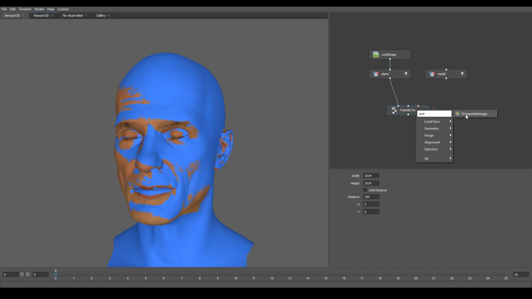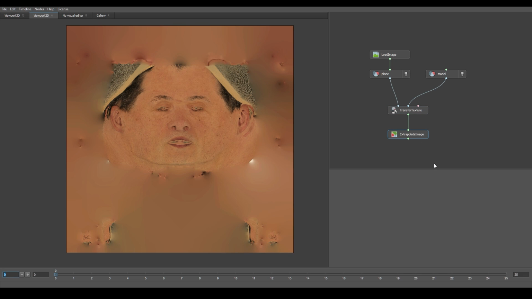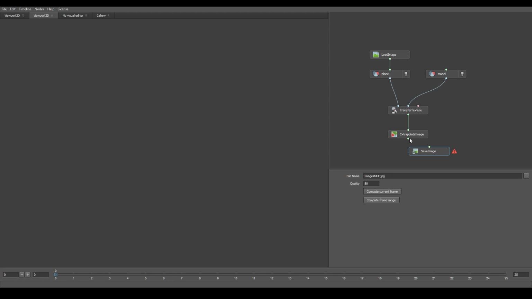Because as soon as I connect this, it's going to start transferring. So I want to make sure that I set my dimensions first. So 8192 by 8192. Okay, once you've done that, then connect. Okay, and you can see the texture has been transferred here. Extrapolate image does this. So save the image out. Okay, and then make sure to save it out, name it, quality at 100, save it as a TIFF, and then make sure you press compute